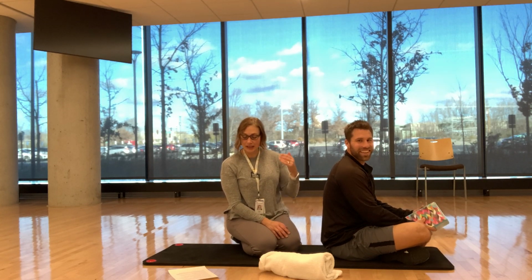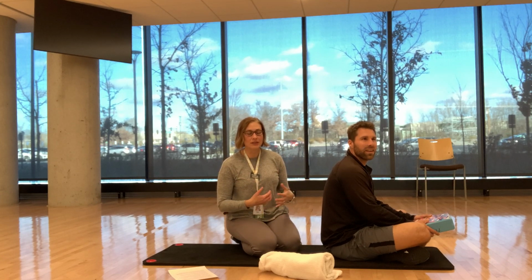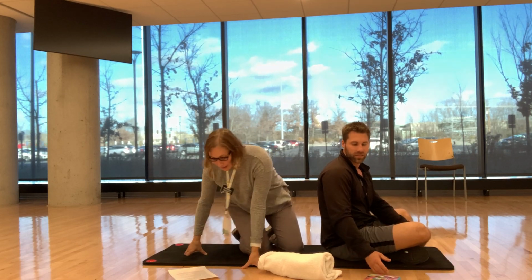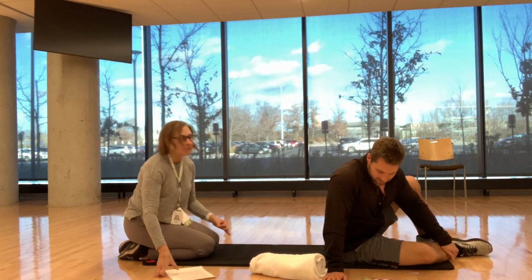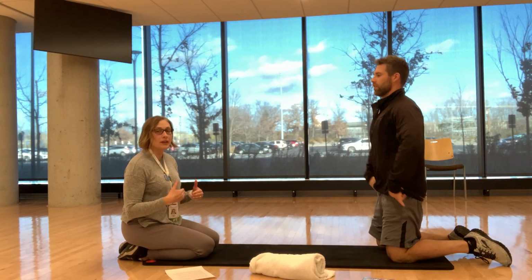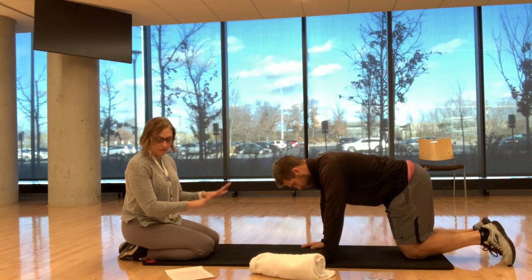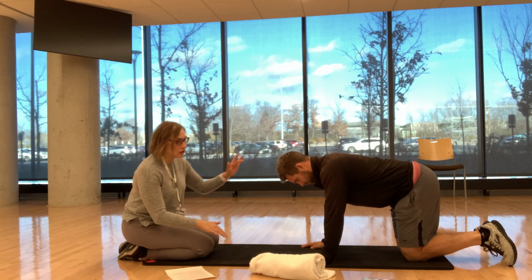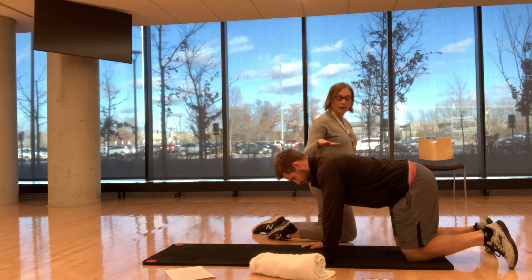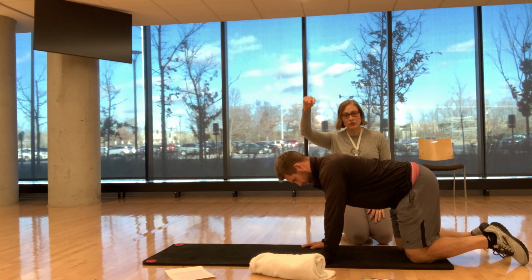So the next exercise is just gonna be kind of a global flexion extension exercise. We've done a lot of this in our past videos. So it's going to be on all fours, cat-cow, okay? So where we've used cat-cow in the past is more of a spinal flossing, but we're gonna think of a joint mobility with this cat-cow, all right? So you're in this all fours position, and you're gonna think about that neutral spine. So Jared's got that neutral spine from head, mid-back, down to tailbone,